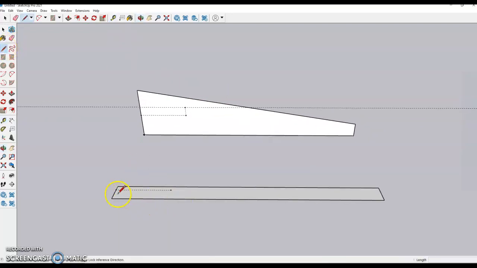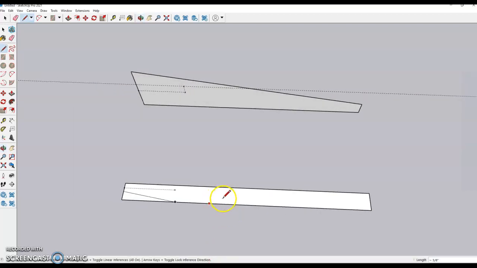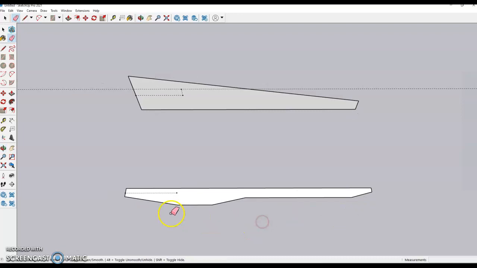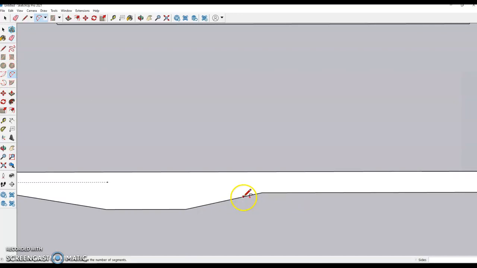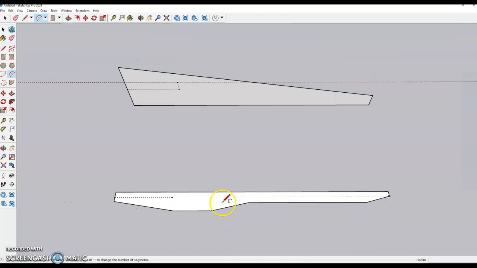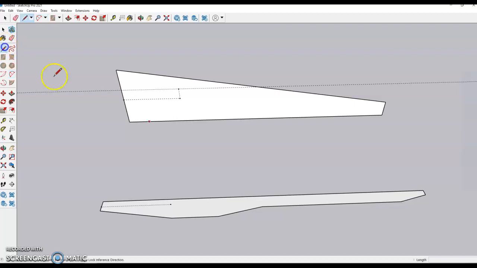Go in, and I'm just going to start to add some design elements to this. So on the top profile, let's do something really simple. And there, we'll go like that. And we're going to get rid of all the stuff we don't need on this profile. We'll go with that right there. Okay. And I can come in, I can use an arc tool, and I can add some smoother edges to this. But as you can see, those edges are going to be too small, so I'm going to leave it like that. So on the side profile,